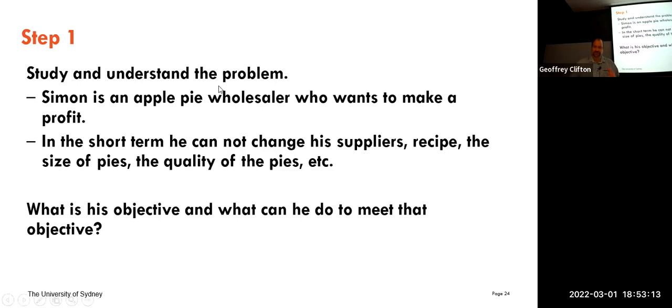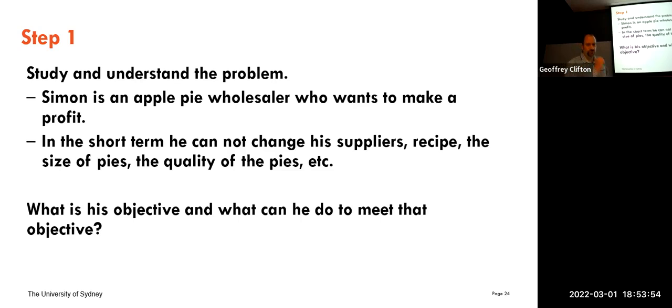Change the process. Well, he doesn't have time today to learn a new recipe, so we'll put that one to one side as well. Another good suggestion, though, to come up with a new recipe. Tom suggests setting a minimum quantity for purchase. Yeah, let's assume that it takes him a little bit of time to do that as well. And marketing, another good suggestion, but let's say that's a medium-term thing, not a short-term thing. You'll see what we're doing here is, first of all, understanding what his objective is,